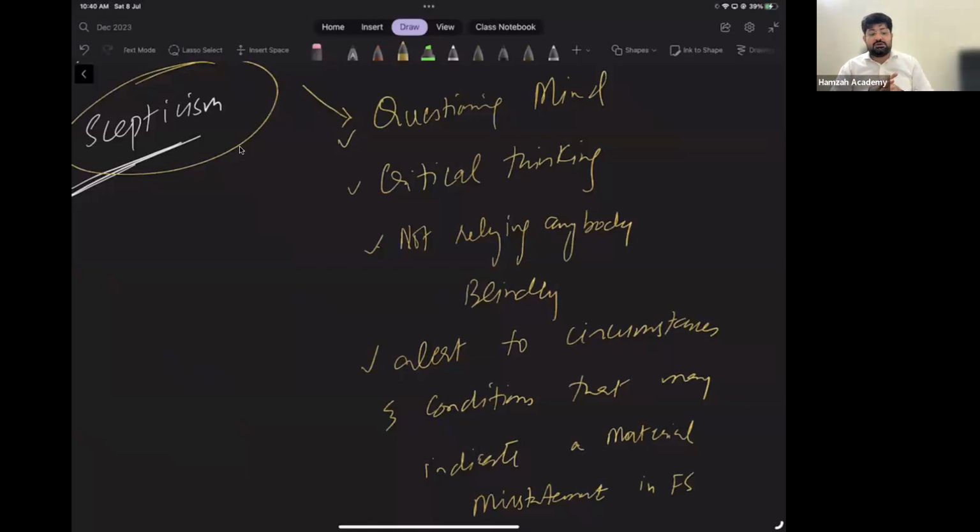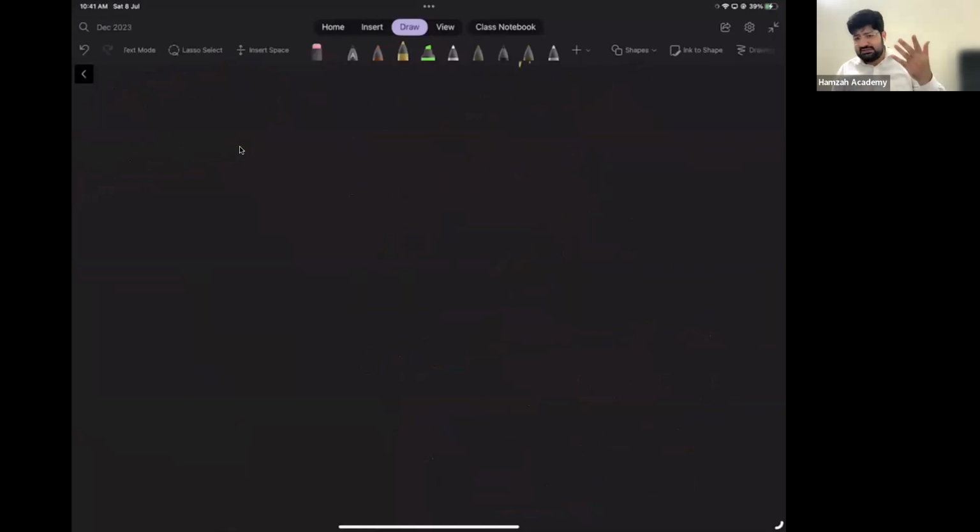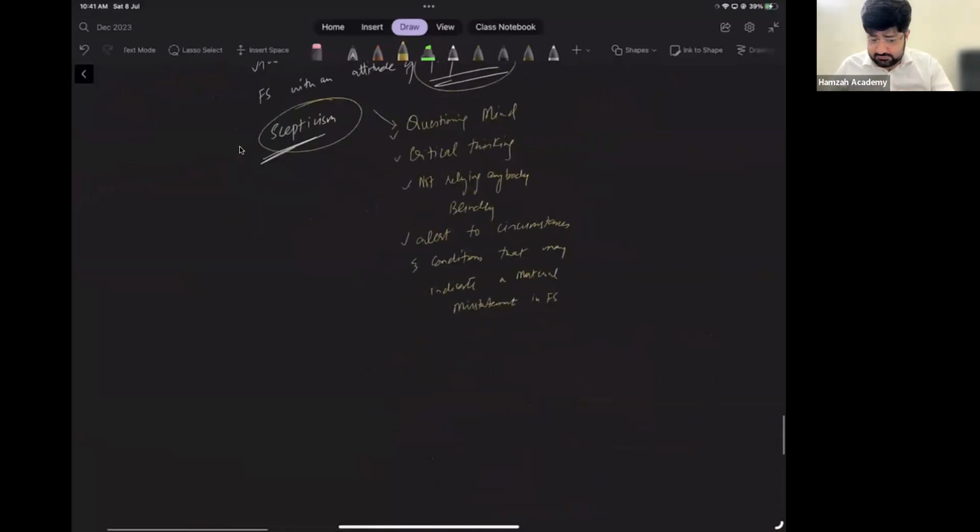Now, students, there is an unusual transaction. A company normally does not rent out its spare building, but this time they have done it. Skepticism, an unusual thing. So this is called skepticism. I hope it is clear. Students, I will further explain in what circumstances skepticism is required. The initial information I have given you is enough for now.